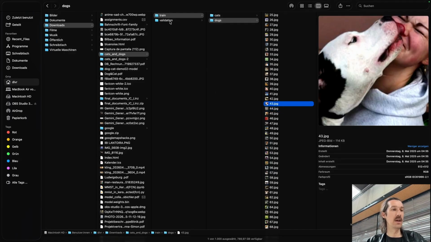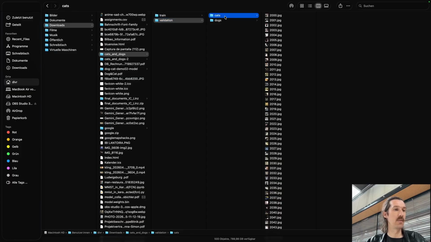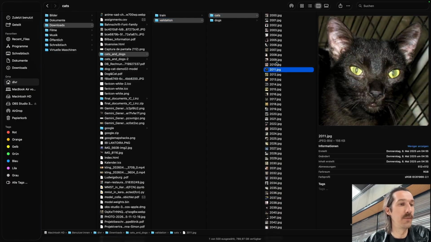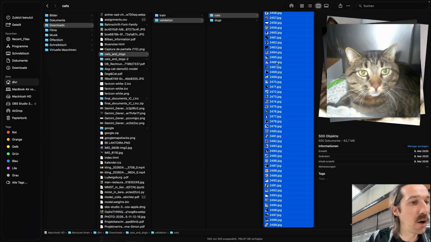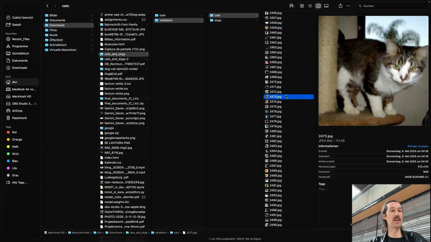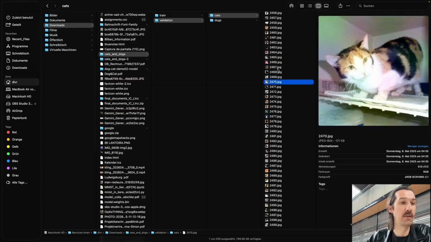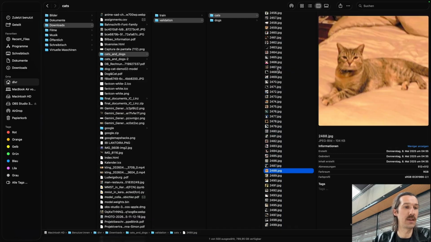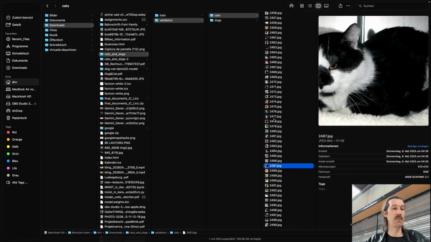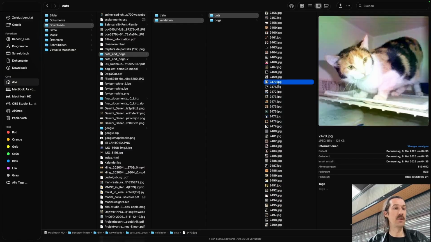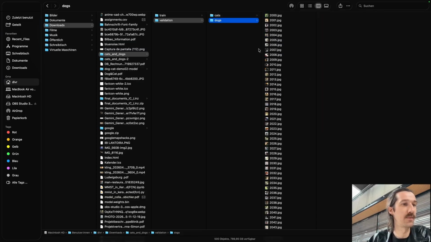And let's have a look here in the validation data set. Same story, but here we have, I think, how many? 500. So we have just half of the images compared to the training, which is definitely fine for validation. And it's the same story. But the more important part is that the images you find here in the validation folder are not represented in the training folder. So the validation is basically a totally different, separate data set. And the same for dogs here.